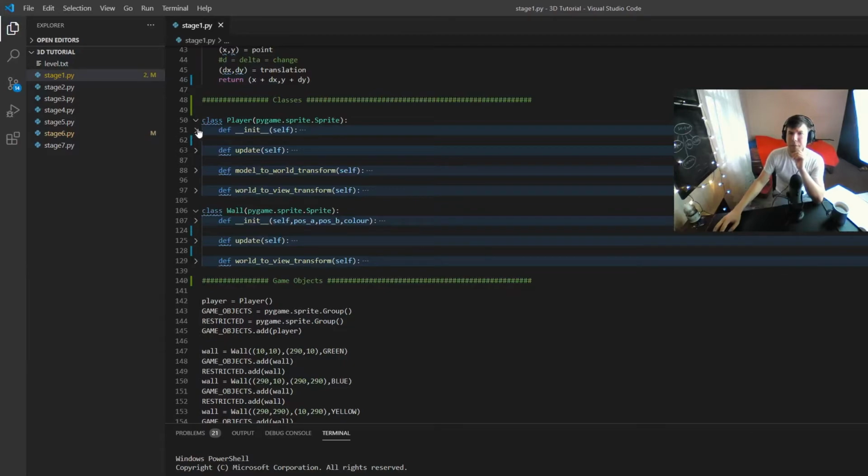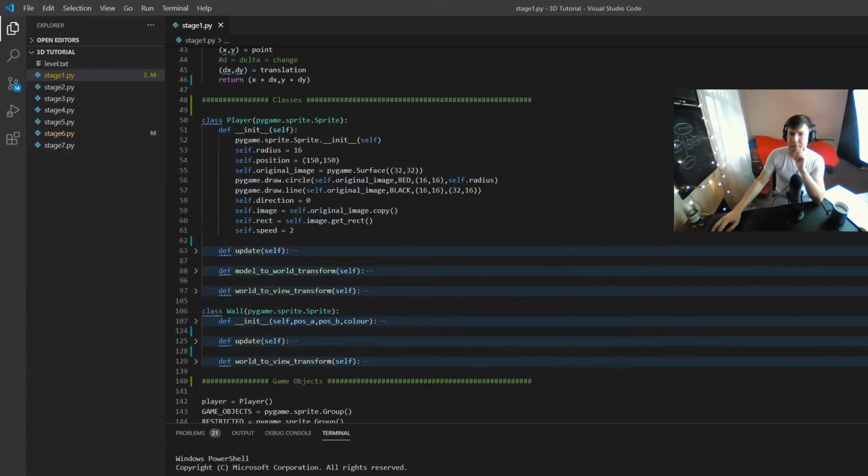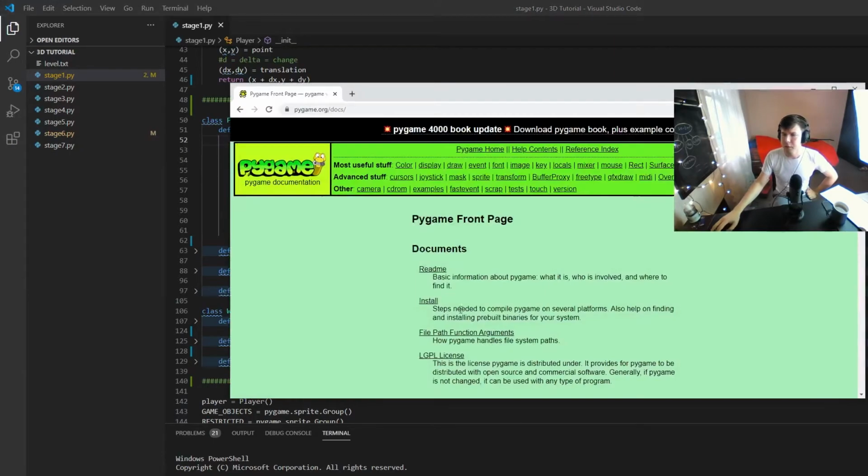So when we create the player object, because I'm inheriting from Pygame sprite.sprite, I have to call the initializer on that class, and that'll set it up and give it sprite behavior. In other words, it lets it update and draw just as a normal sprite would. If you check out the Pygame documentation,